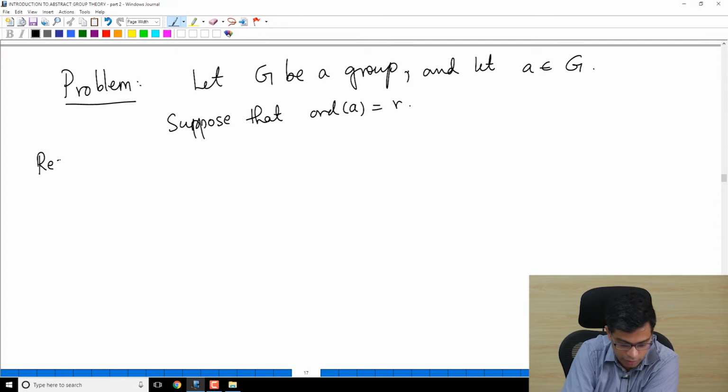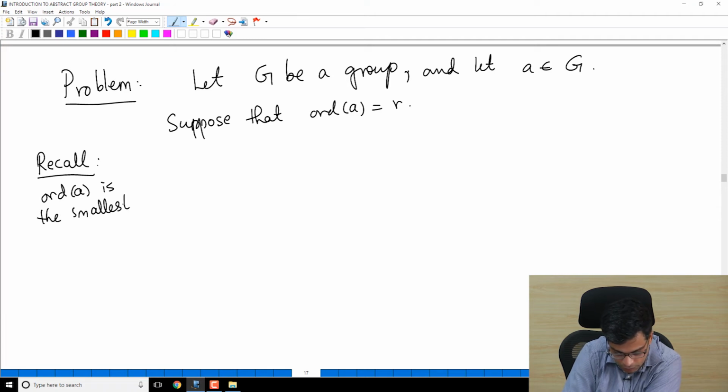I am going to recall it here. Order of A is the smallest positive integer, let's say D, such that